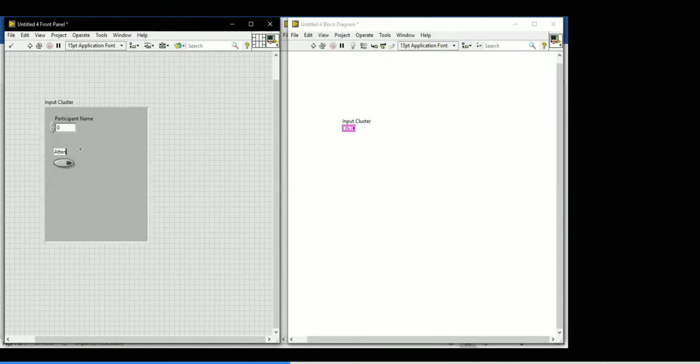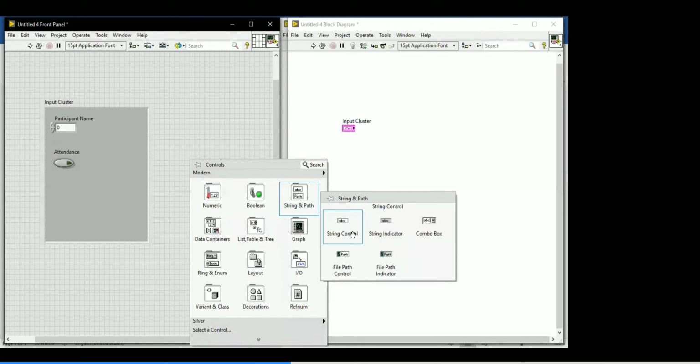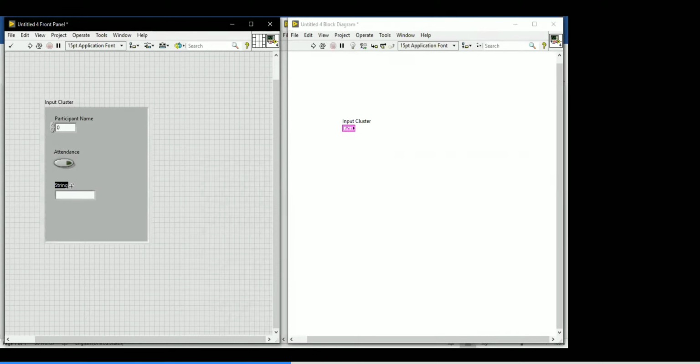Attendance, we can tell. Attendance, I'm leaving there. Okay. Then next I'm going to put a string over there. Whatever we can label it as, for here, participant number we can tell. Okay. Participant number. And here, present or absent we can tell. Or else let me go with a name.